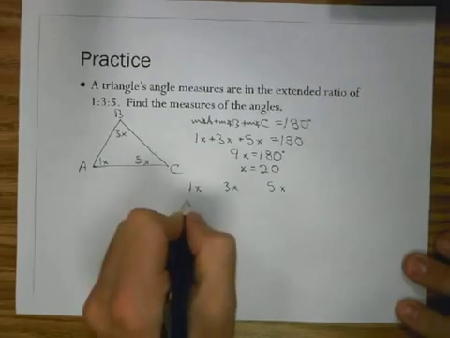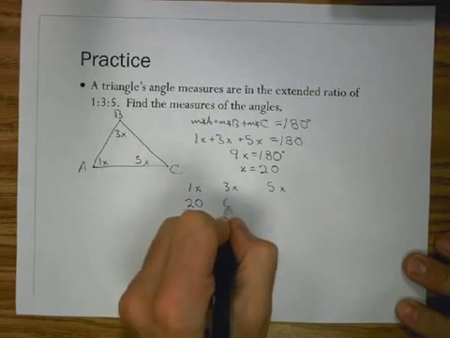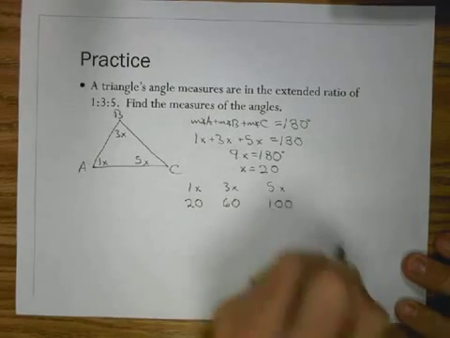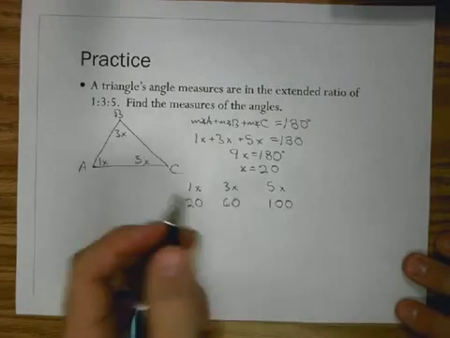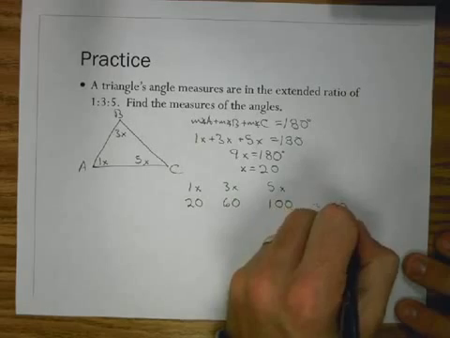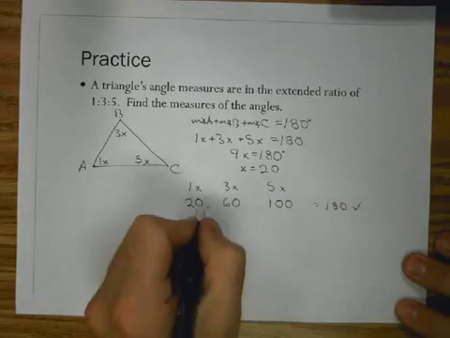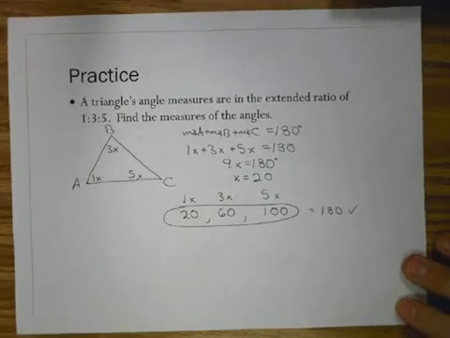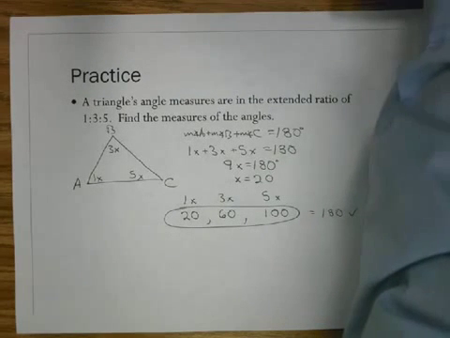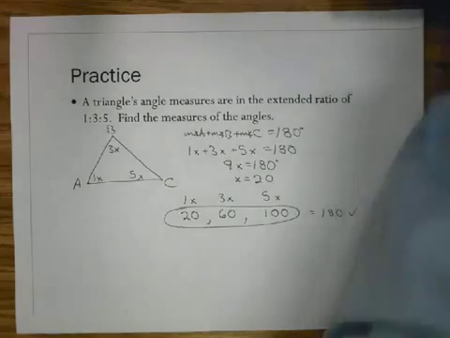So we're going to put the x on it, because we want that ratio to hold, but we're going to multiply to make these values bigger. So I have 1x plus 3x plus 5x equals 180. Put those together, that gives me 9x equals 180. Gives me x is 20. So I now take my 1x